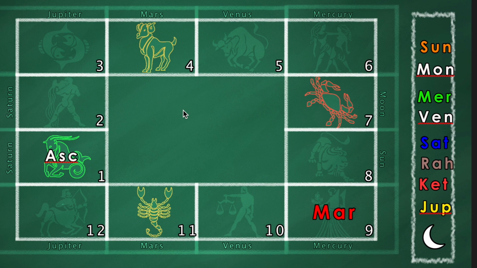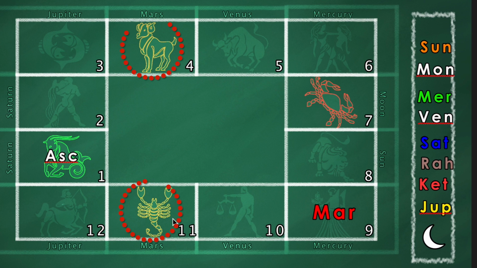In this example, we have used Makara Lagna or Capricorn ascendant. That's why you see the ascendant over here. And in this chart, I have done something quite different from what I've been doing before. You see here some brighter signs, you can see the signs very well. That's because Mars in this house is exalted and Mars here is debilitated, and Mars' own houses are these two,